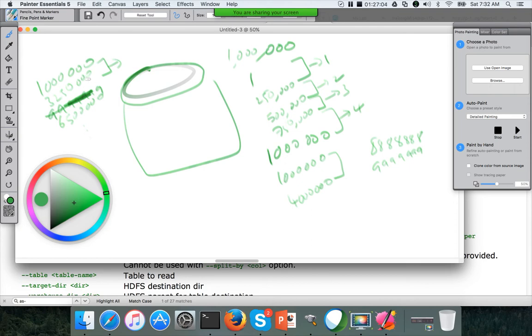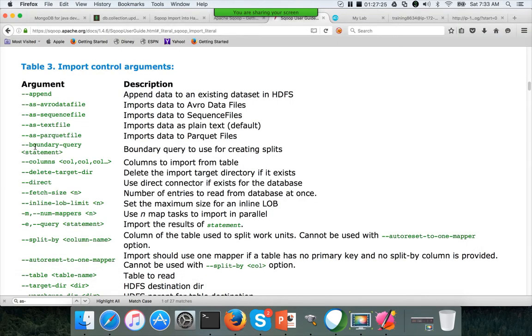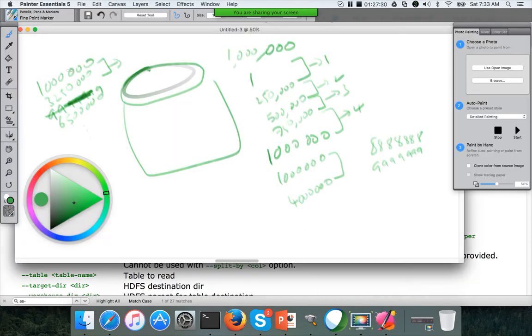Only the first thread will be processing 70% of the data, and the second thread might be processing around 30% of the data. So the processing has become skewed, and the time to complete the Sqoop import job will take longer. Okay, so for that reason we should not directly run the Sqoop commands in those cases. We can define the boundary query saying that I want to process data only between 1 million to 4 million, where we have all our data. All the 1 million accounts are in that range, and then you will address the skew significantly.